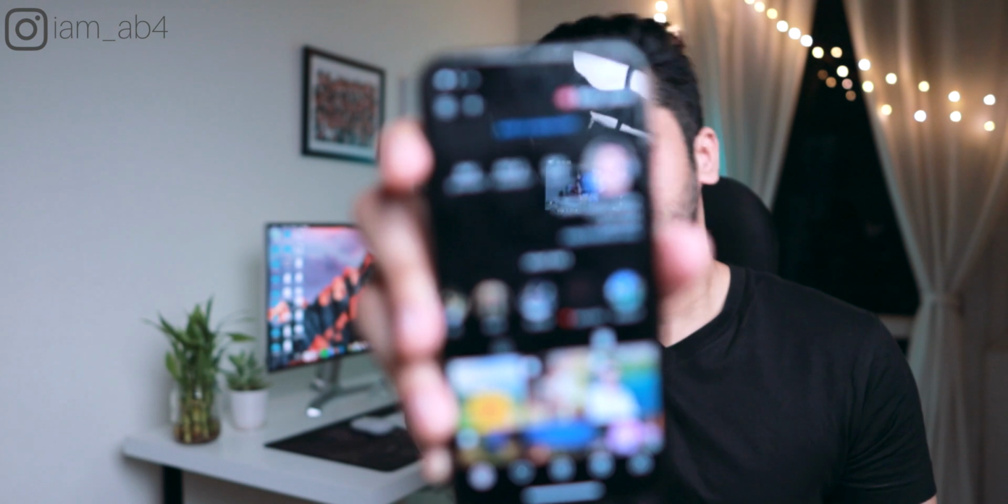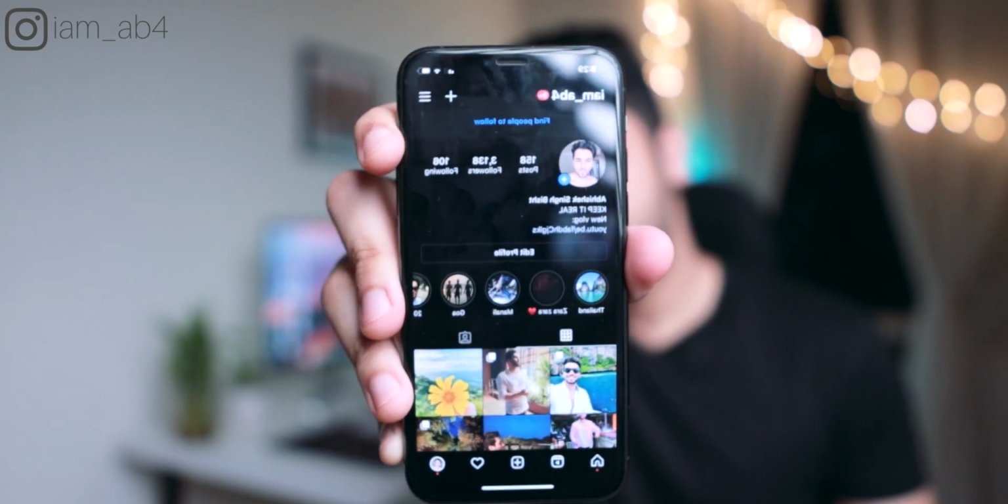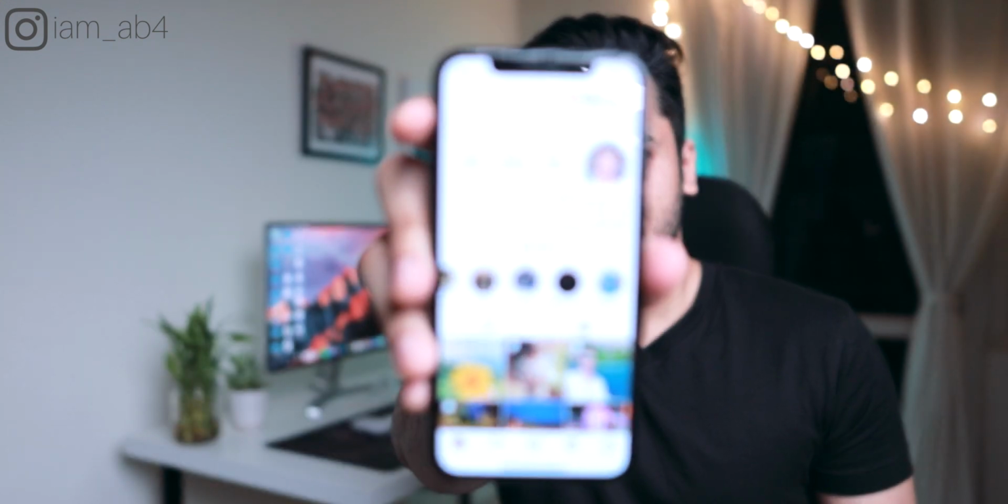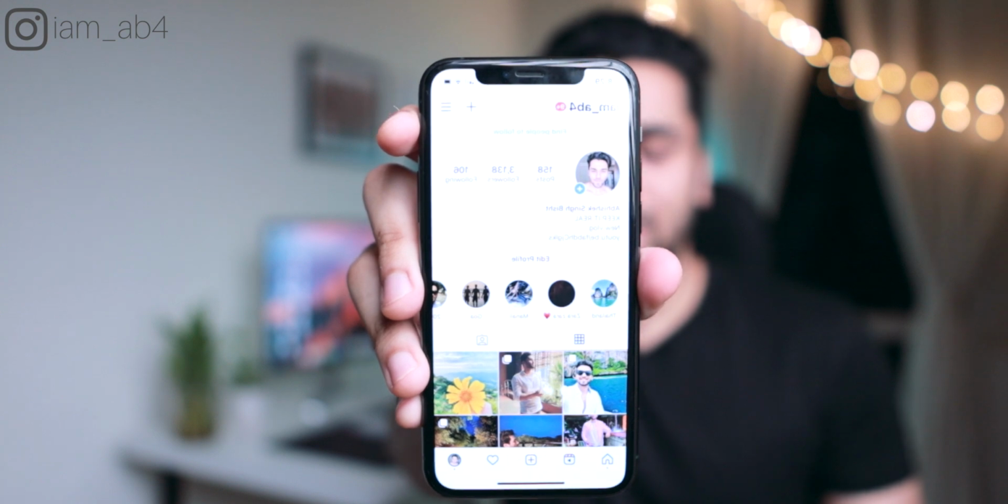But I mean, is it just me or does every application look the best in dark mode? Let's see, right? Okay, this is Instagram. So if you look at this, stop focusing on my face. Yeah, so this is a dark mode Instagram, and let me show you the light mode real quick. Yes, so this is the light mode. Like, which one do you like, right? I mean, after using the dark mode of Instagram, I can never find myself going back to the light mode. And not just Instagram, right? YouTube, Twitter, all these apps, the dark mode looks sick. So yeah, I would always prefer the dark mode over the light mode.